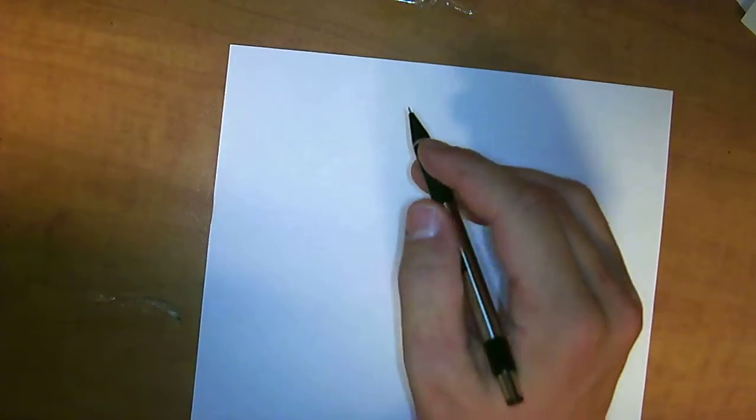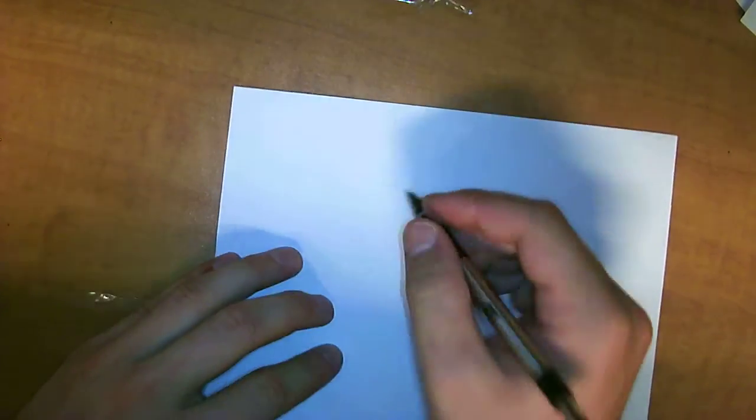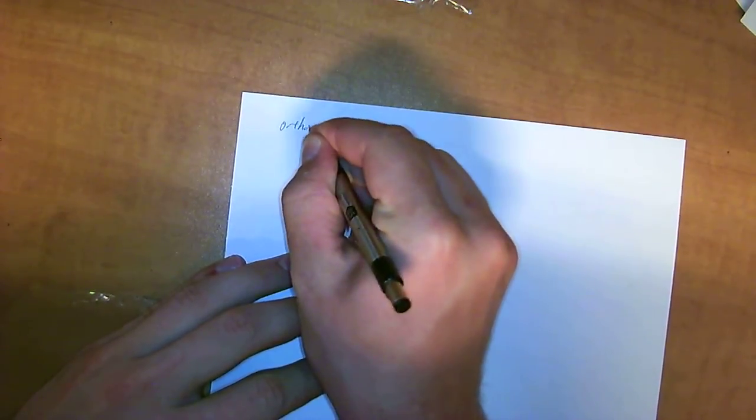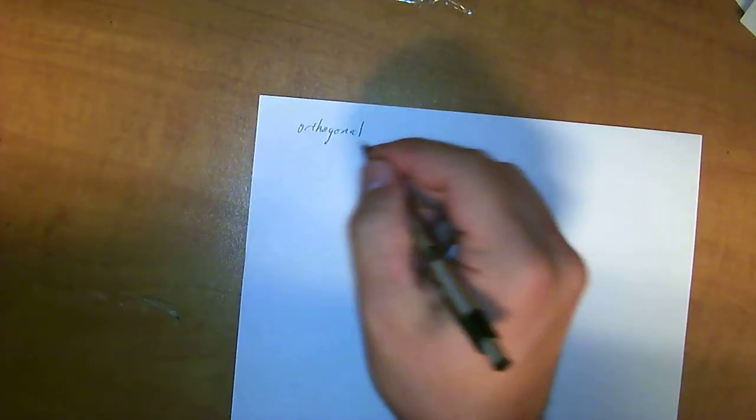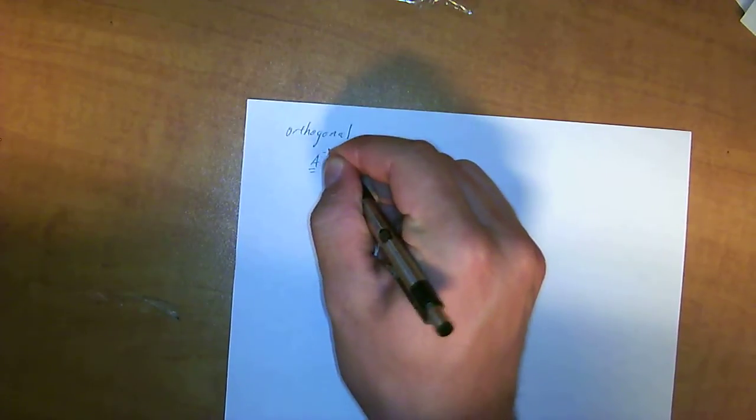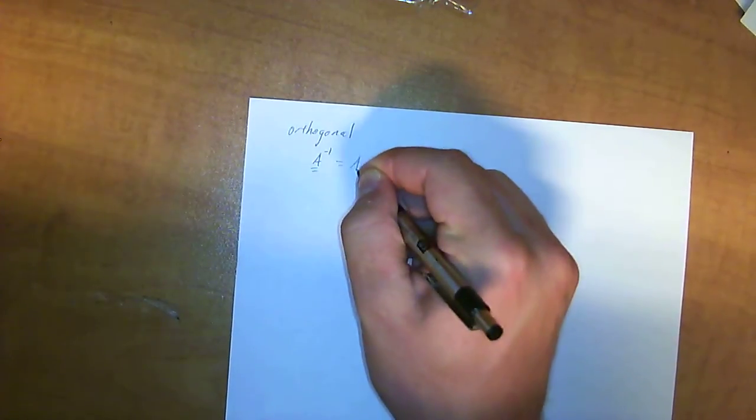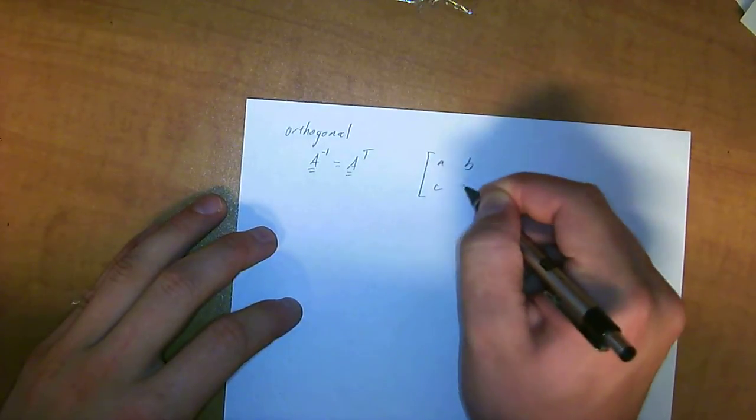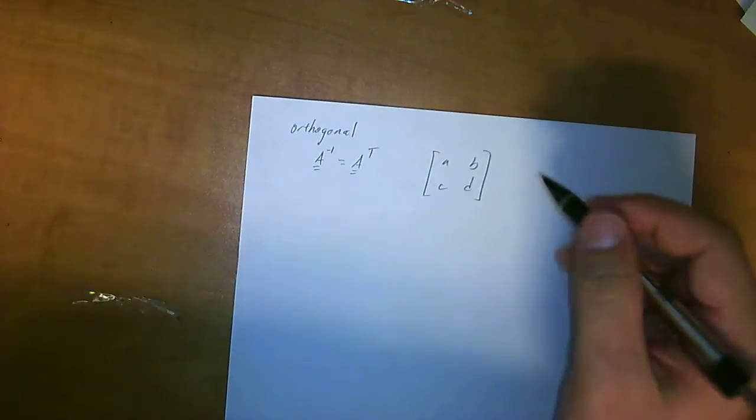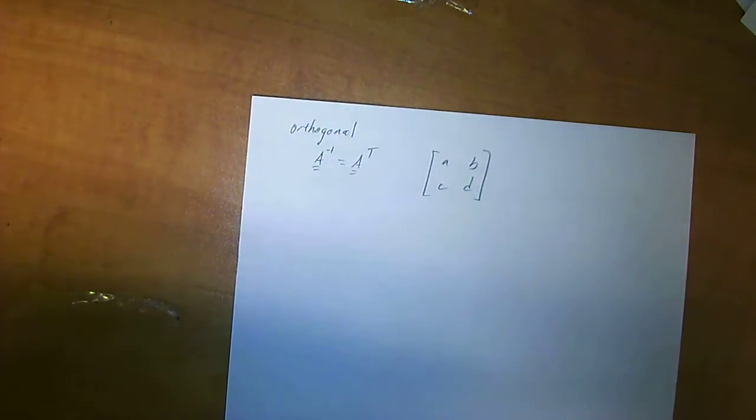Okay, we're going to take a minute to talk about orthonormal and orthogonal matrices. Orthogonal is defined as a matrix whose inverse, A^-1, is equal to its transpose. So that's a pretty easy law. I mean, if you've got A, B, C, D, then its inverse,